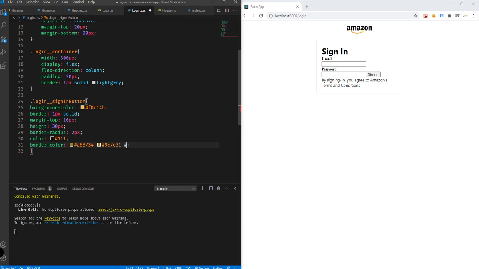The third one will be 846A and then 29, and then save. We should be getting this particular sign in button. As you can see here, it has a yellowish background. Okay, so after that we will be adding also